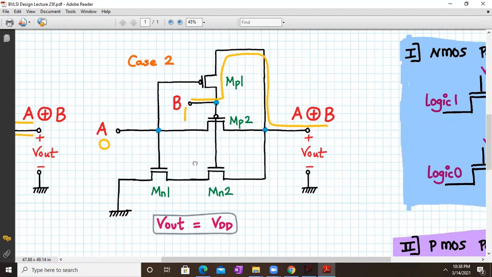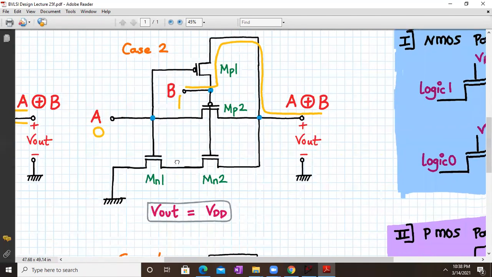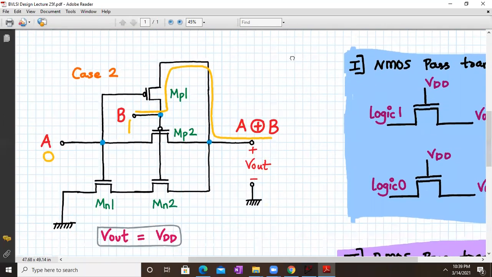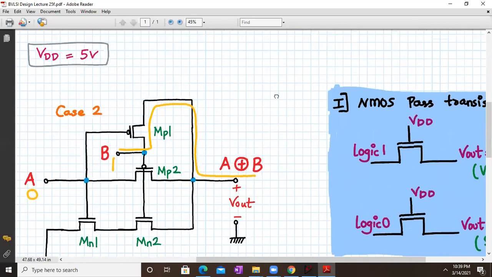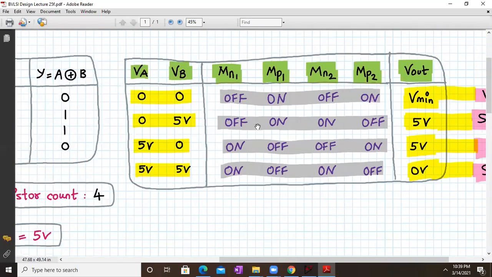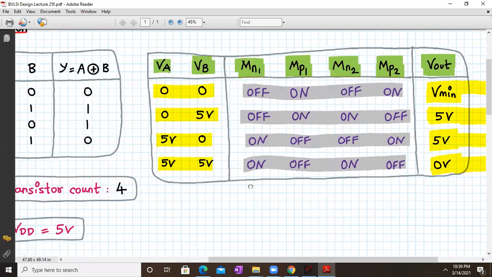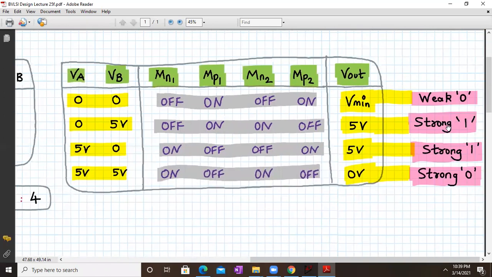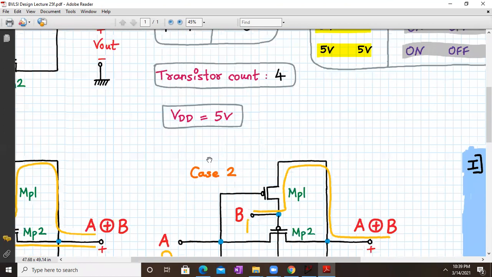So in this case, the output will be strong logic 1, which will be equal to VDD, which is 5 volt. Let us check the table. So in this case, MP1 and MN2 are on, for 0 and 1. And here we get a very strong logic 1, that is 5 volts at the output. Let us check the next scenario.